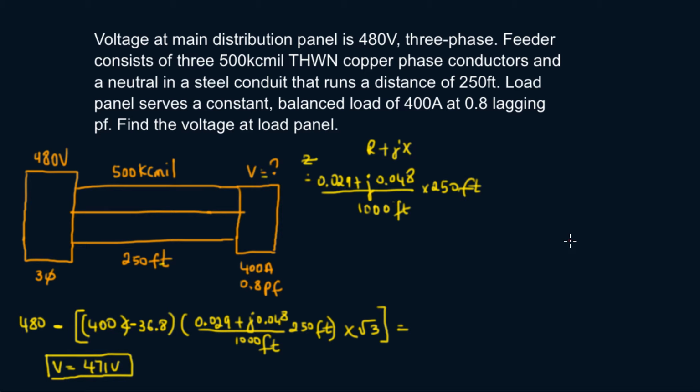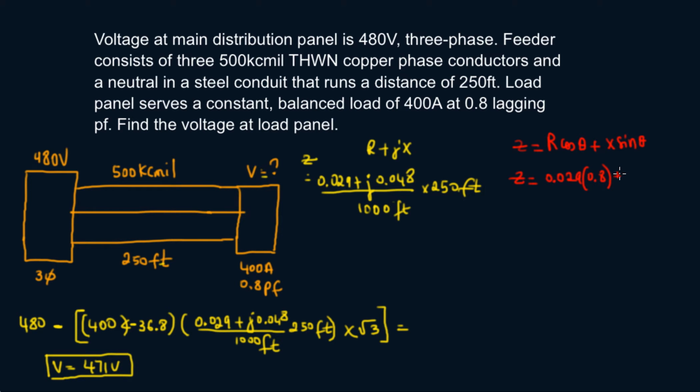All right, so the other method would be to use your effective Z. So basically using the power factor that's given. So you have Z is equal to, remember, R cosine of theta plus X sine of theta. So Z would be equal to, R is 0.029 times cosine of theta, the power factor, so 0.8, plus,